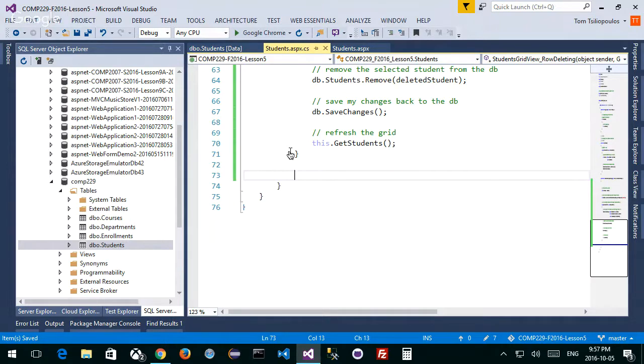I can do it. I know, but I want to make sure that I don't want to cause. So deleting is happening in this page. I can delete in the page, but when I do want to edit, I don't want to edit in this page. I want to edit, and I want to add all on the student details page. That's what I want to do. So I want to update, right? My update and my creation is going to happen on a different page, my student details page.